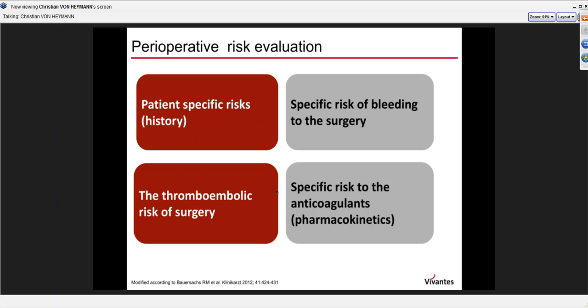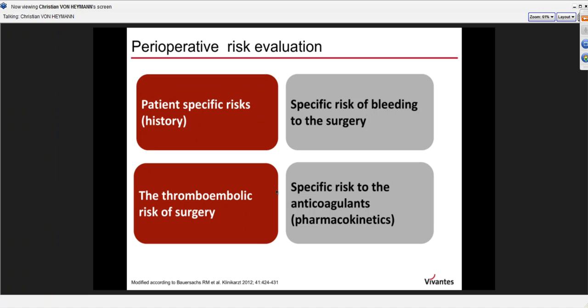And in addition, we also have to take into account if a patient is on anticoagulants, is there a specific risk of bleeding that comes with the surgery? And in addition to all these 3 points, we also have to have some information on the specific risks that come with the anticoagulants, and this means that we have to have some idea what the basic pharmacokinetics are that are true for these drugs. And this will be very basic, this will be very easy for you to understand,